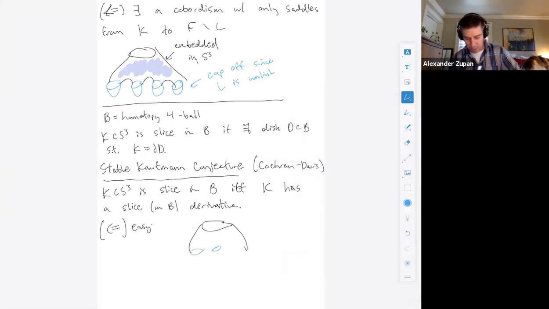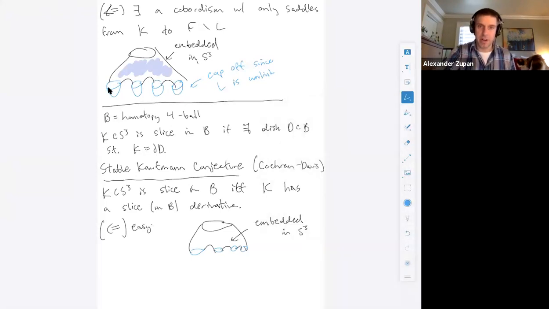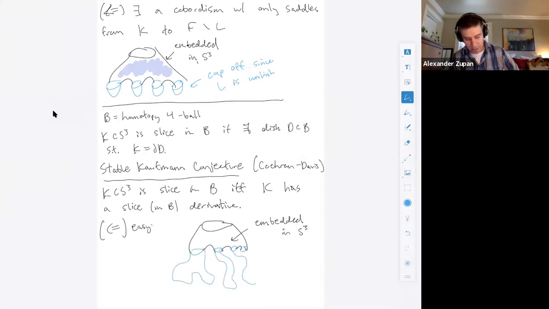Just as before in the unknot case, the picture is going to be the same. I cut open along my slice derivative. This is embedded in S3. And in this picture, I could cap off in a parallel copy of S3 in B4, but now I have to cap off, maybe I'll draw them kind of wonky to show that these might not be standard disks. But this is slice, and so I can cap off that surface with disks